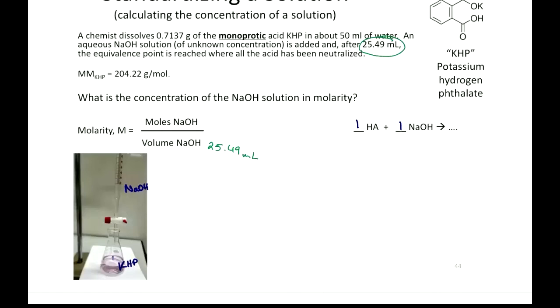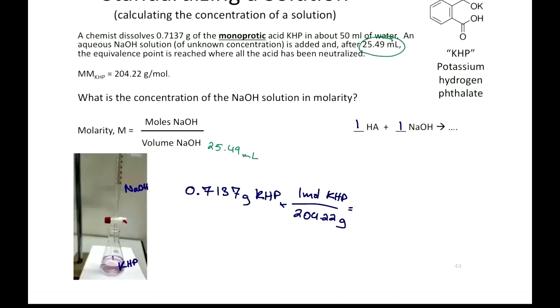But the problem is that you didn't measure that. You measured the mass of KHP that is used. That's okay, because if we know the mass of KHP used, we know the molar mass of KHP, and we know it's a 1-to-1 ratio, we can figure out the moles of base that were actually used. So let's do that. Starting with the 0.7137 grams of KHP, I'm going to use the molar mass given here. 204.22 grams is 1 mole of that KHP, that monoprotic acid. And so that equals,